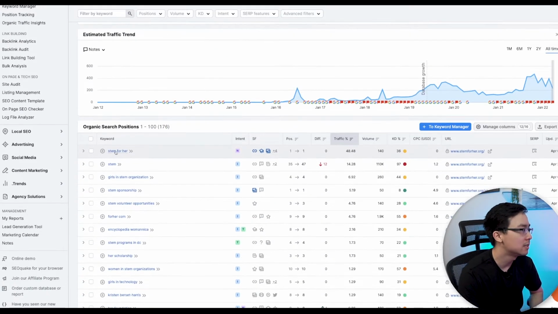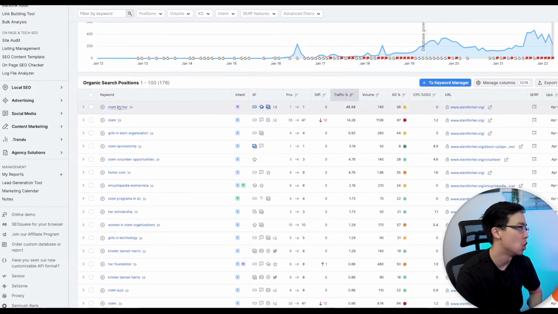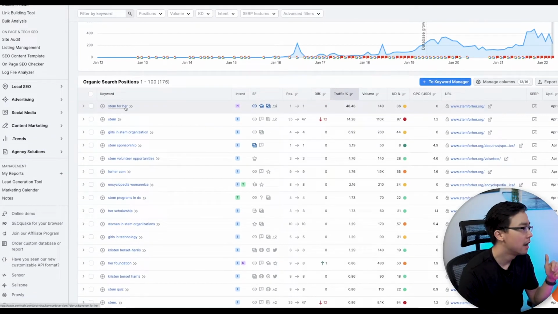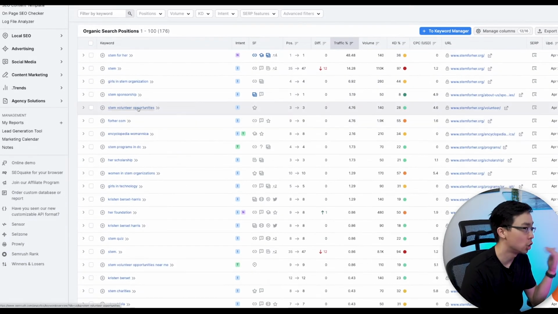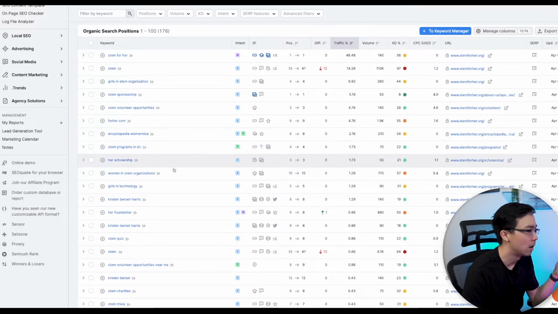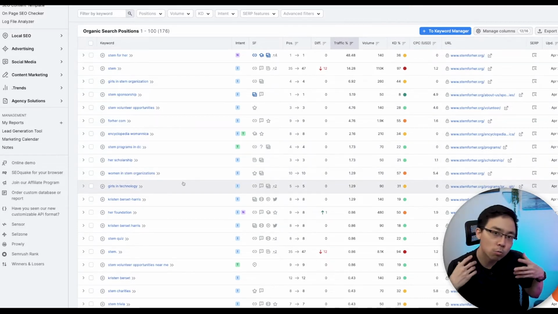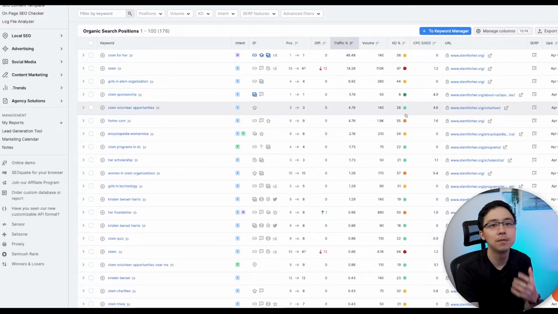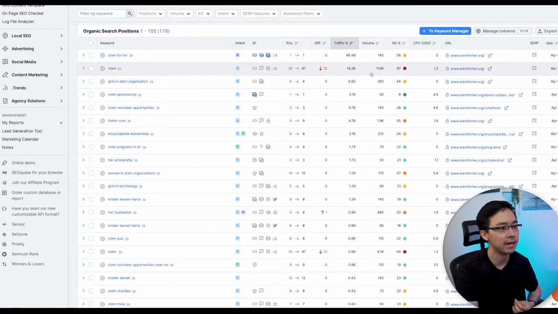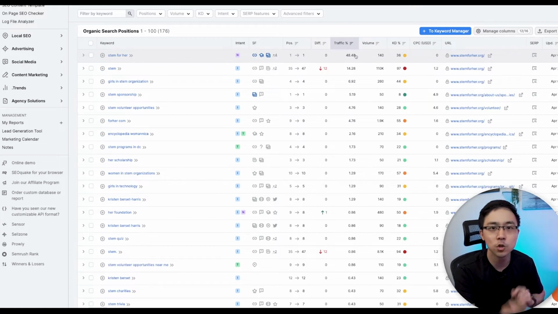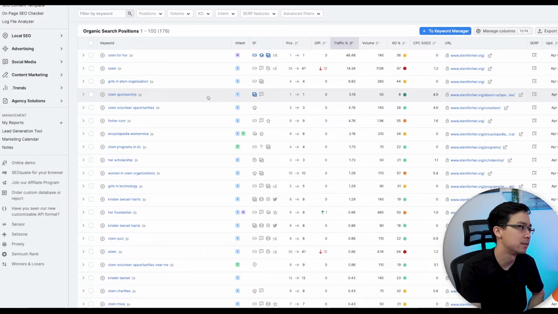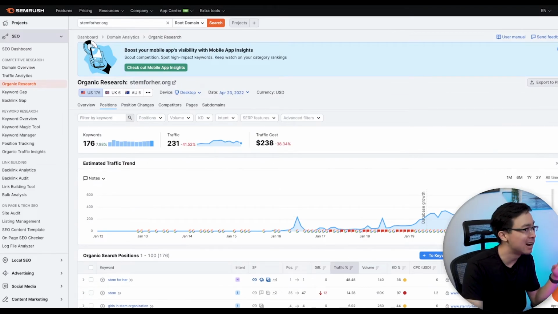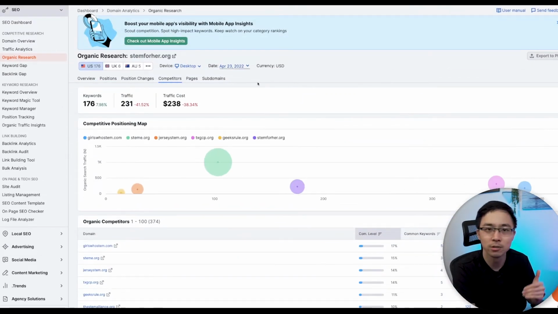So in this situation, you can see that they're actually ranking really well for their own branded phrase, which is STEM for Her. And you'll also see that they're ranking well for things like Girls in STEM organization, STEM volunteer opportunities, and so on. So what you're gonna wanna do is you're gonna wanna run through 3 to 5 of your competitors and take a look at what is giving them the greatest percentage of traffic to their website. In this situation, you can see that STEM for Her is making up 48% or so of all the traffic to this website. Now, granted, this website is not highly trafficked, so it doesn't mean nearly as much there, but